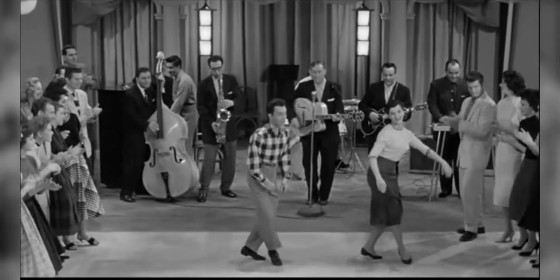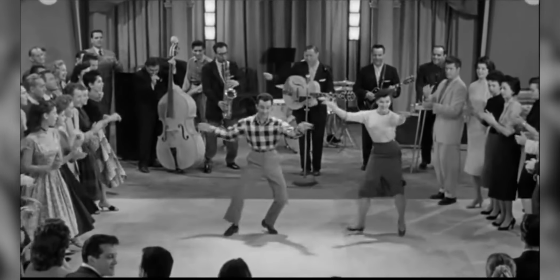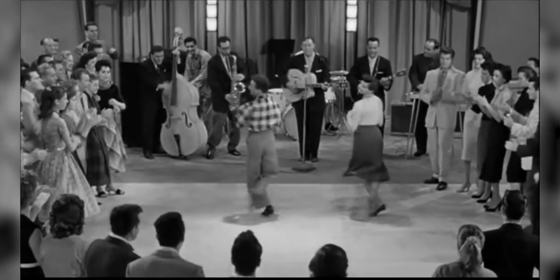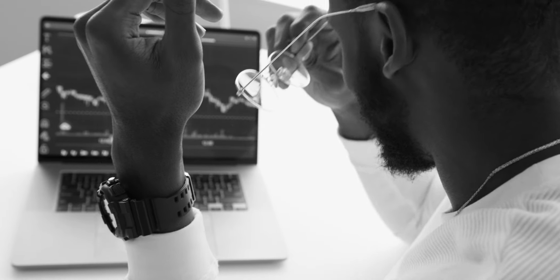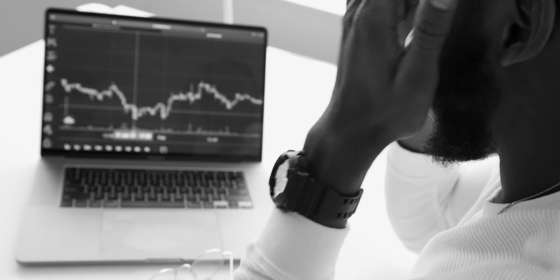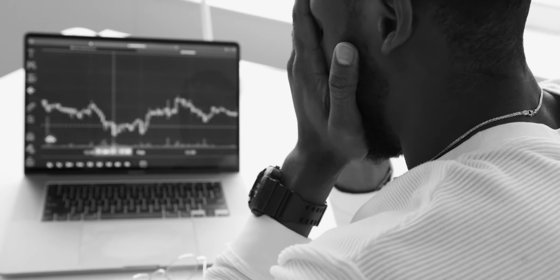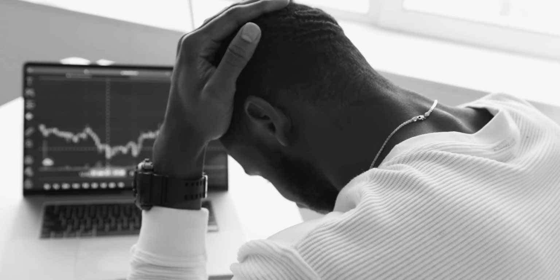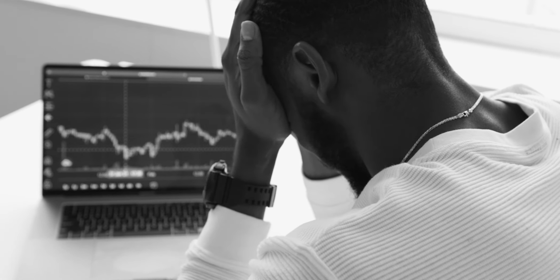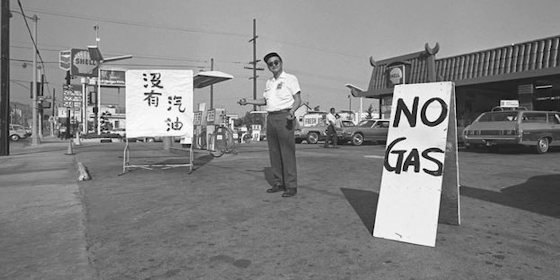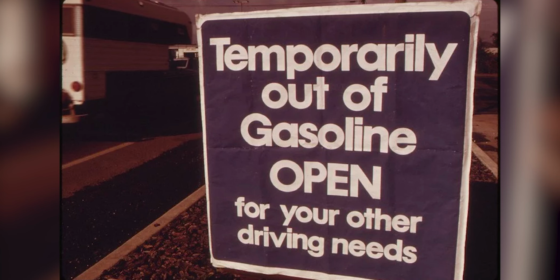Now, skip forward a few years and we're in the 50s, 60s and the early 70s, which was a booming period for GM and the American economy as a whole. However, a lot of people say that GM's bankruptcy started in the early 2000s with their mismanagement and their terrible acquisitions, which we'll get into later. However, I would argue that their financial troubles actually started in 1973 with the onset of the gas crisis. In 1974, its sales were down 35.7% year over year.